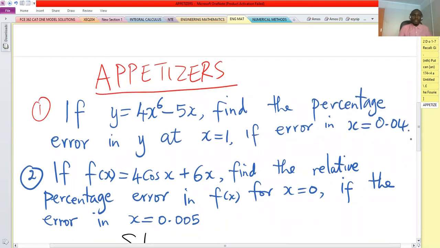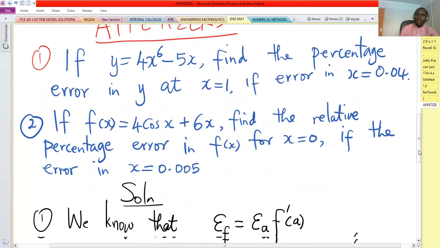So the first appetizer says, if y is 4x power 6 minus 5x, find the percentage error in y at x equals 1 if the error in x is 0.04. And then the second appetizer says, if f of x is a function defined by 4 cos x plus 6x, find the relative percentage error in the function f of x for x equals 0 if the error in x is 0.005. So these two problems are not very hard to solve because